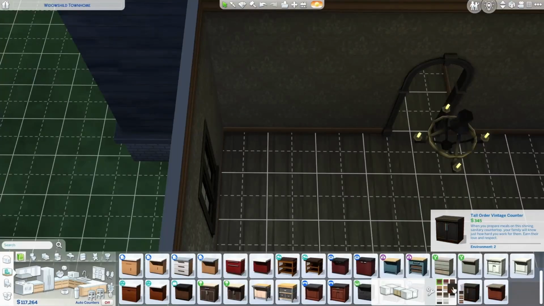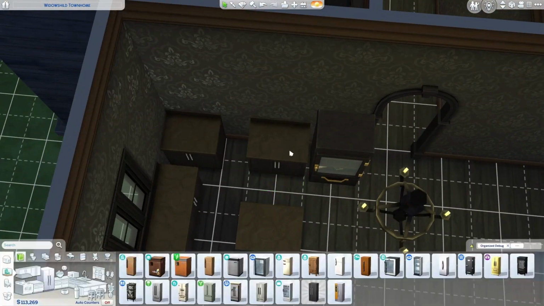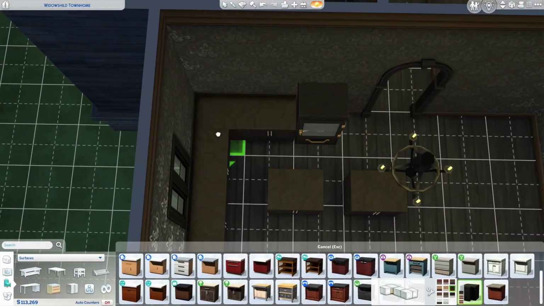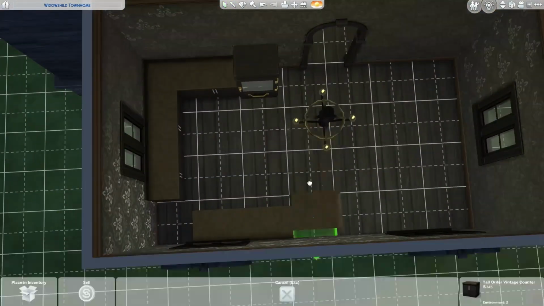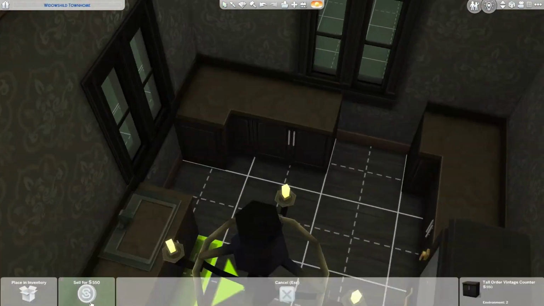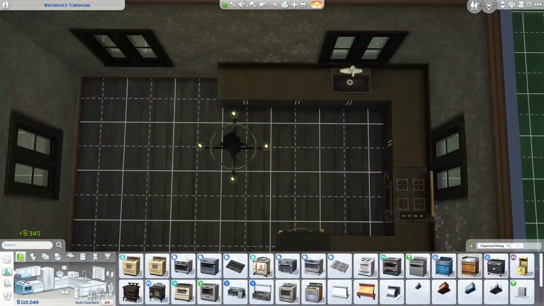I did think about putting one upstairs, but I couldn't find a nice space for it. So I ended up putting radiators in every room that didn't have a fireplace, just because I thought that made sense. And it was also a really easy way to fill up some extra space and have a little bit more going on, particularly because the wallpaper that I ended up using is so decorative